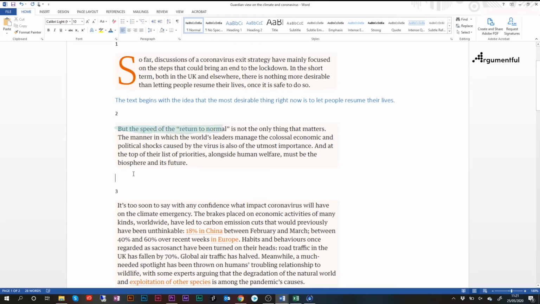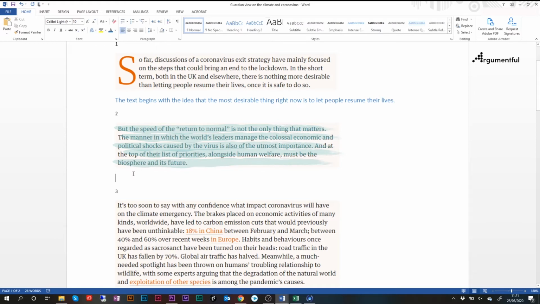But the speed of the return to normal is not the only thing that matters. The manner in which the world's leaders manage the colossal economic and political shocks caused by the virus is also of the utmost importance. And at the top of their list of priorities, alongside human welfare, must be the biosphere